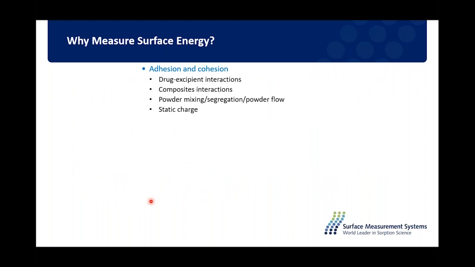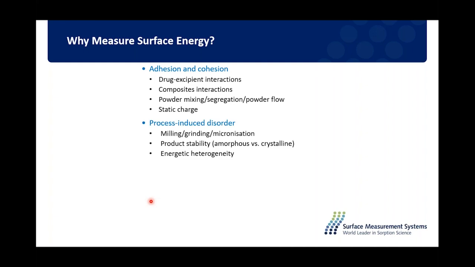And this surface energy can affect lots of material properties. This is showing some of those things. As I mentioned, we can look at adhesion and cohesion. We can look at how different processes might induce surface changes to a material, or aging or weathering. All sorts of things can change the surface properties. It is a very sensitive technique, so it can look at batch-to-batch variability. If I have impurities, different vendors or suppliers, or slight differences in particle size, shape, or habit, they can affect the surface energy.